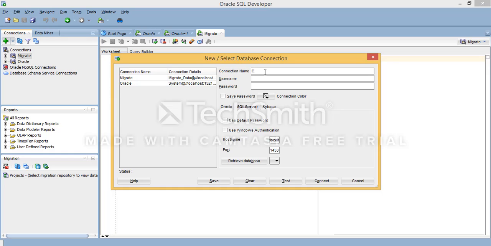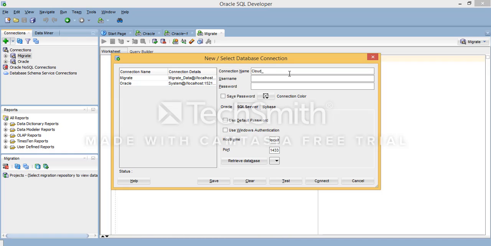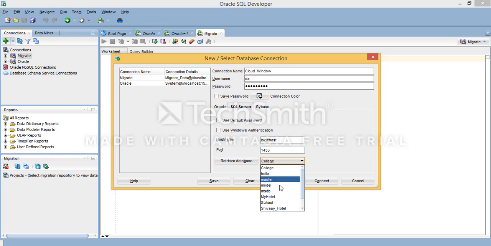So I'm going to give my connection name. This is my host name, username SA, and the password will be something. I'm not going to tell you my password. Okay, and retrieve database, you can see it successfully retrieved.